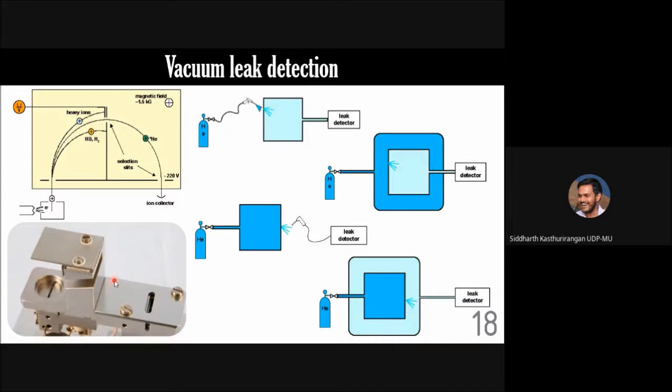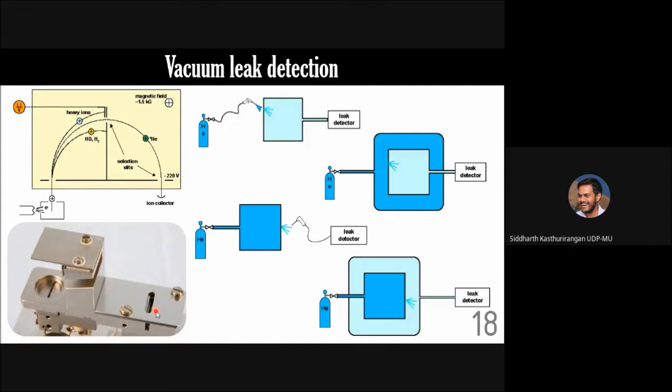The actual physical model of this is shown in the bottom panel. You can see there is an entrance slit. The electron gun, etc., is somewhere at the bottom here. It gets ionized. Ion comes from here. The electric field between this plate and this plate is such that it will bend, and only helium ion will bend in the correct radius. Others will not. It's an electric field, so it's a basic energy selector. There is a small acceleration here, and the helium ion then enters into this, and the detector is here. This is the basic construction of this helium based leak detector.